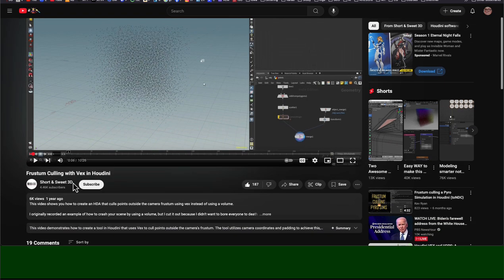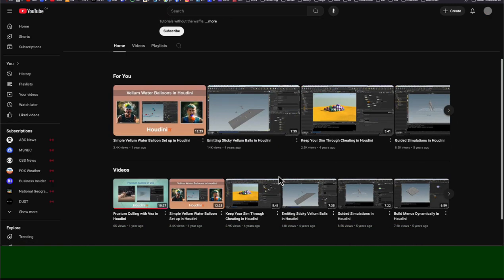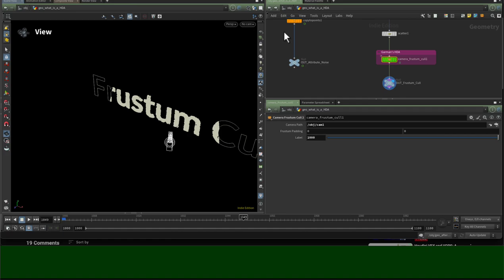But anyway, I don't know who Short Sweet 3D is. He's got a YouTube page, but there's no name, date of birth, serial number. And so I made a digital asset just following the guy's tutorial. And so I have basically the same controls that he had in his. Now,